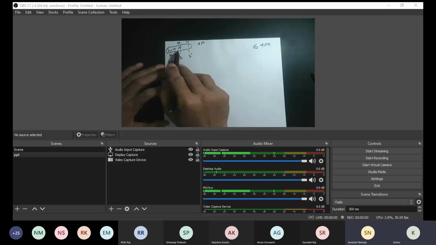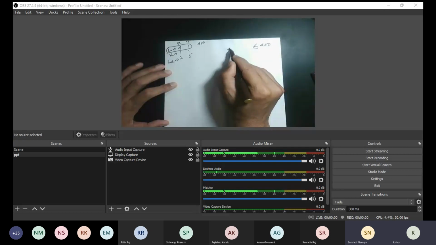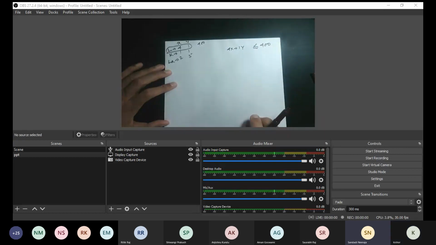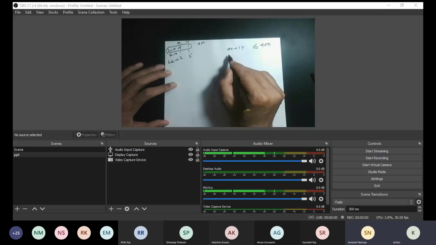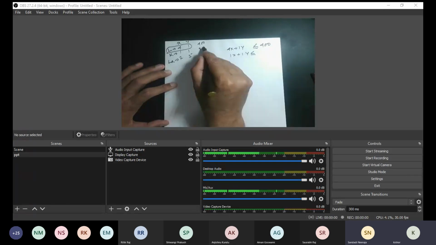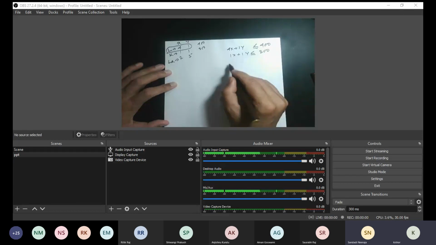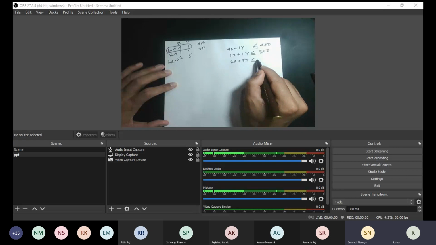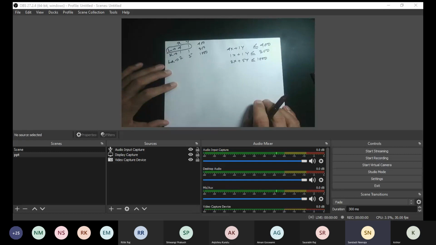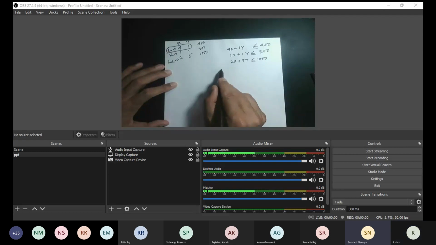In this case, to produce 1 unit of X, you require 4 units of labor. So I can express it as 4x plus 1y is less than or equal to 400. Similarly, for capital, 1x plus 1y is less than or equal to 300, where the upper limit given was 300. In that way, technical constraints are coming. 2x plus 5y is less than or equal to 1000 because here it is given 1000 square feet of land. Now, think about a few cases here.